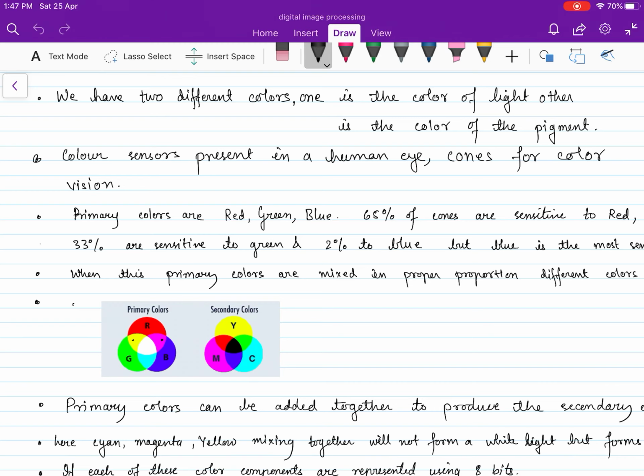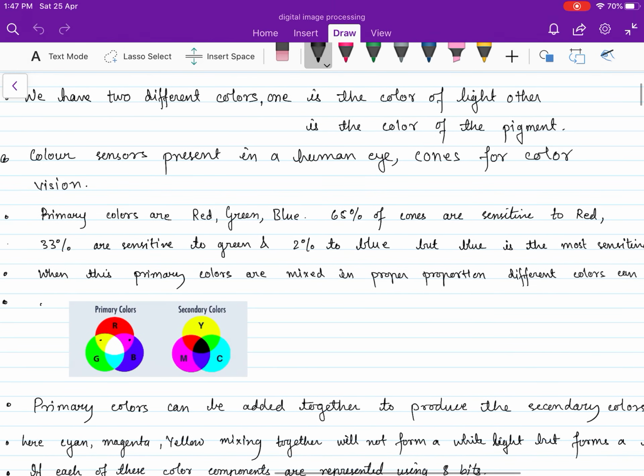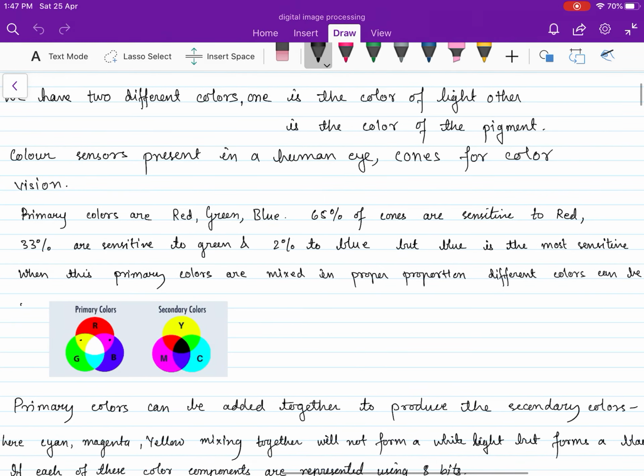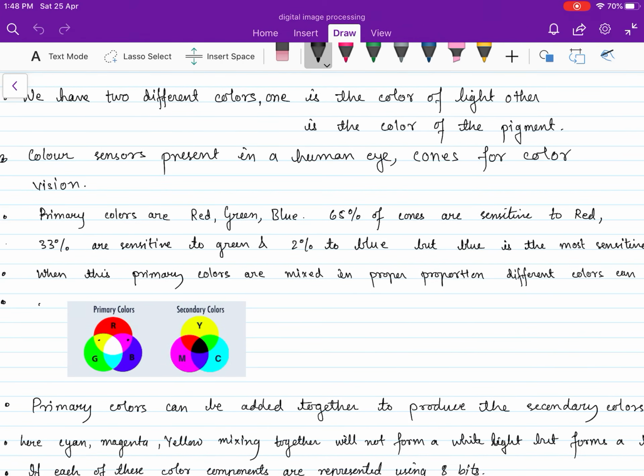The primary colors are red, green, and blue. 65% of the cones present in the human eye are sensitive to red, 33% of the cones are sensitive to green, and 2% are sensitive to blue, but blue is the most sensitive cone. When the primary colors red, green and blue are mixed in a proper proportion, different colors can be formed. As you can see here,